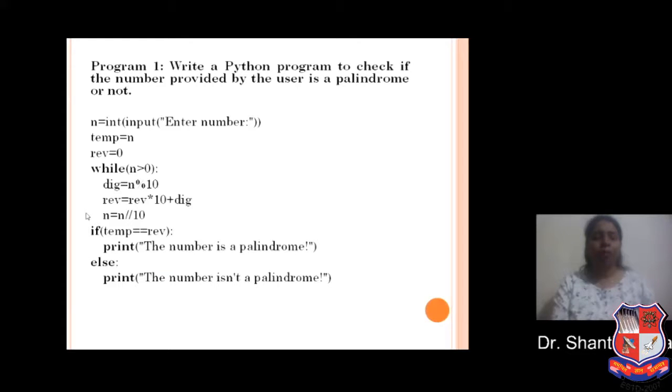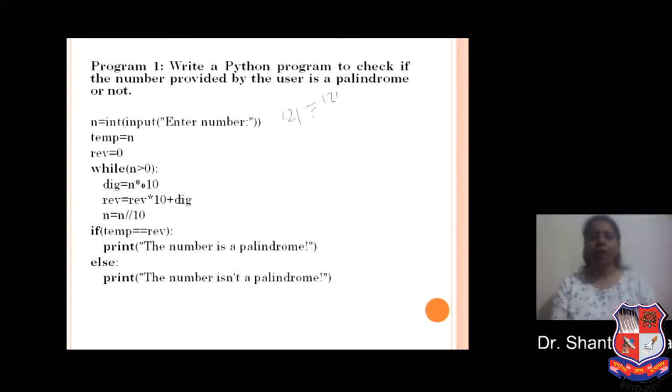If the number and the reverse of the number both are the same, then we can say the number is a palindrome number. For example, if the number is 121, then the reverse of that number is also 121. So we can say 121 is a palindrome.